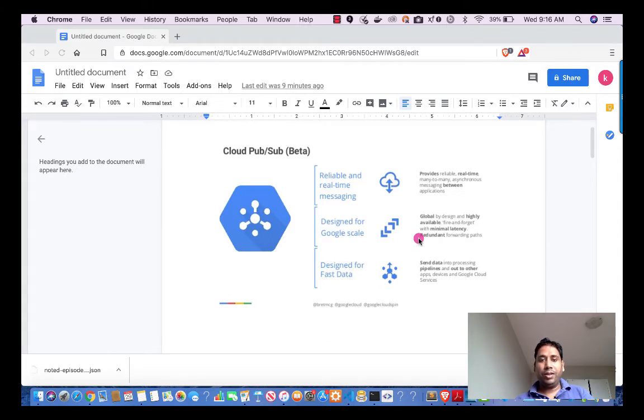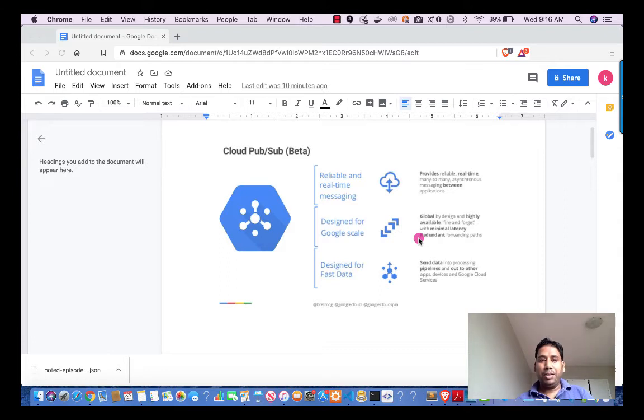But if you are using Cloud PubSub or any messaging kind of system, you can post the order placed event in that messaging queue, and that messaging queue then further distributes that message to the subscribed applications. It might be the warehouse, it might be a notification service, it might be any other system.